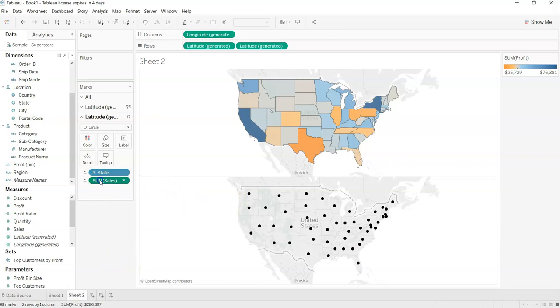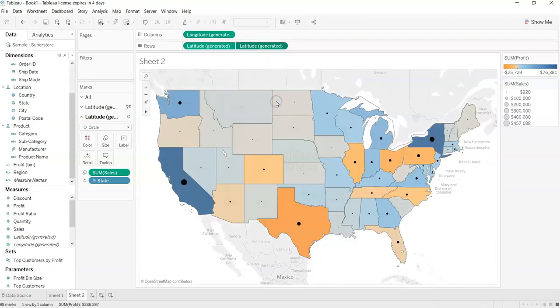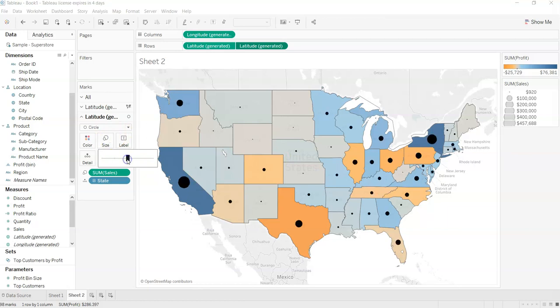One thing is, the sum of sales should not be on detail but on the size, so that it is properly sized and intuitive enough. Then I will go here and click on the dual axis, and this way I will now have the filled map filled with profits. On top of that we have sum of sales, for which we can increase the size if it is not very intuitive or good enough. So it indicates, for example, a state like Texas where sales are comparatively high but you are not profitable. Same is the case with these different